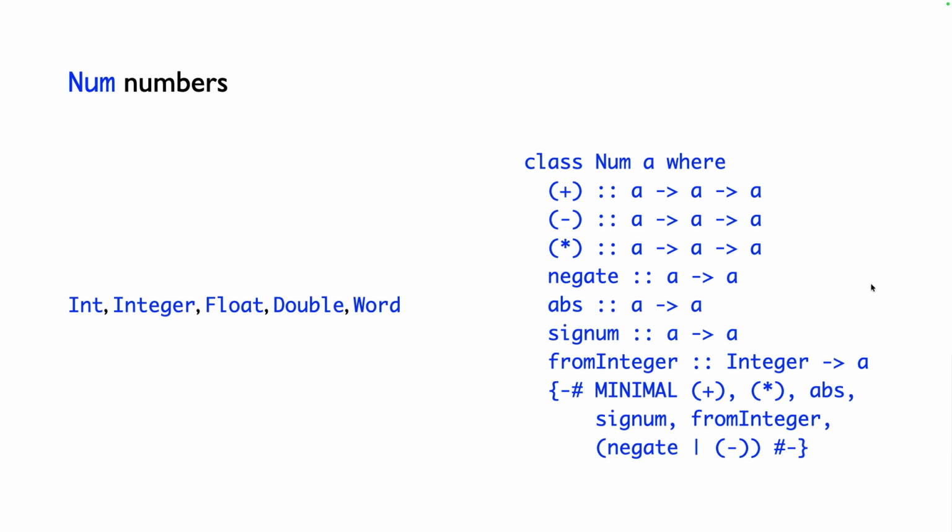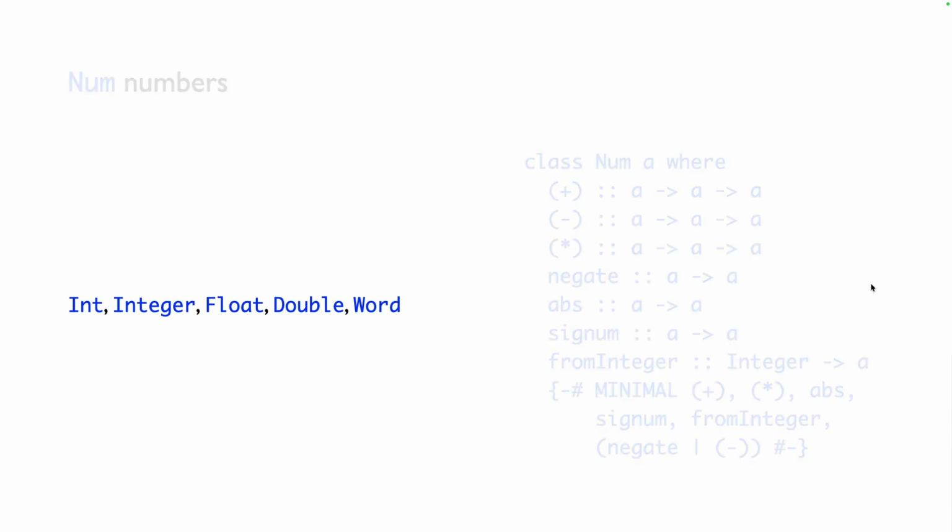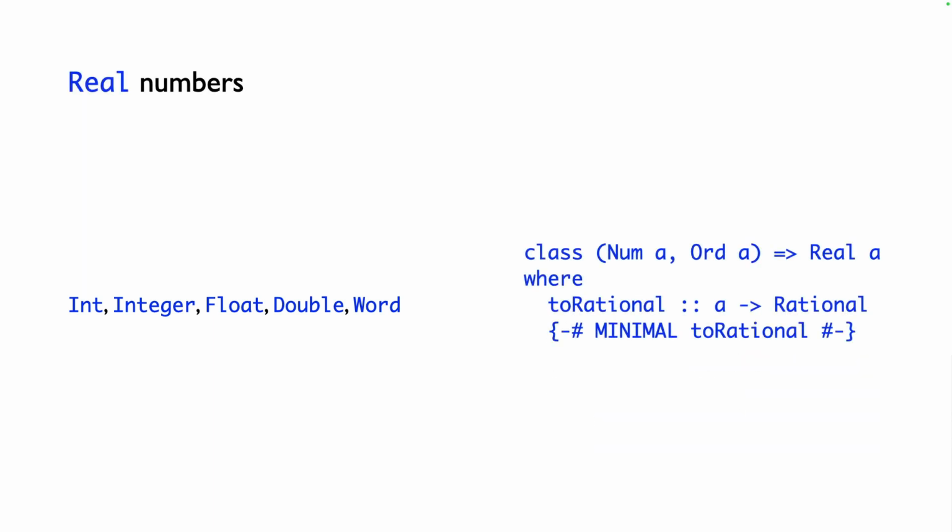And there is a minimal set of functions that need to be implemented there. As you can imagine, you don't need both negate and binary minus. Each can be defined in terms of the other. So those are the simplest class of numbers. But there is a rather narrow extension of that, of what are called real numbers. And this is confusing because ints are not really real, which adds this one extra function, which takes a number to a rational. We won't talk anything more about rationals in this course,